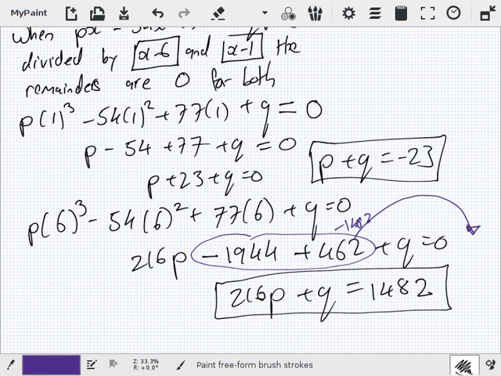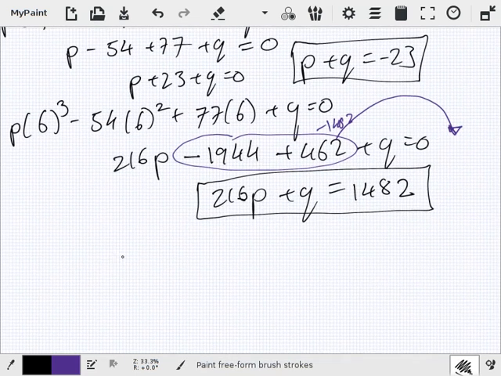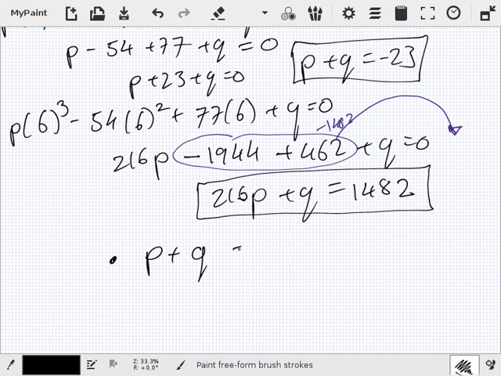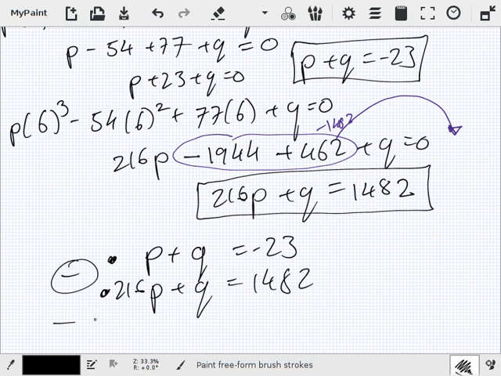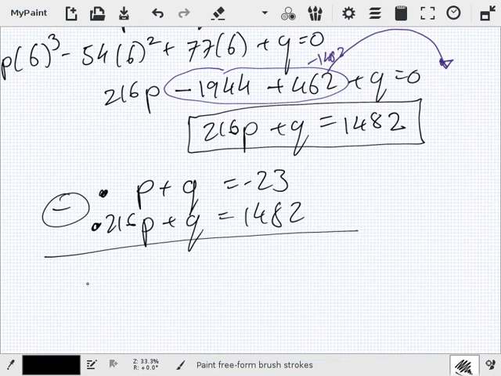Now you would substitute. All right, so you do p plus q equals minus 23, and then 216p plus q equals 1482. So there are your two equations. Now you do the subtraction. Yeah, and you subtract them. So we subtract and we get minus